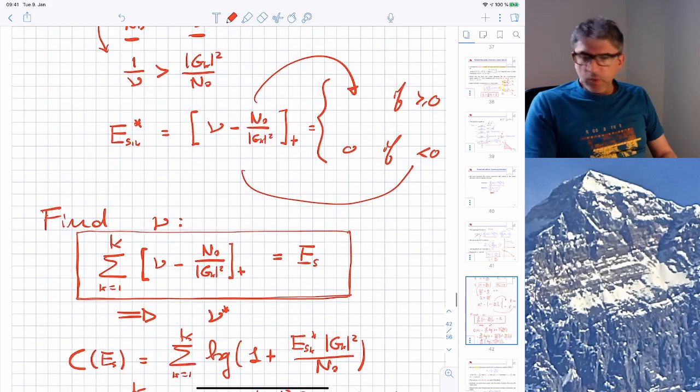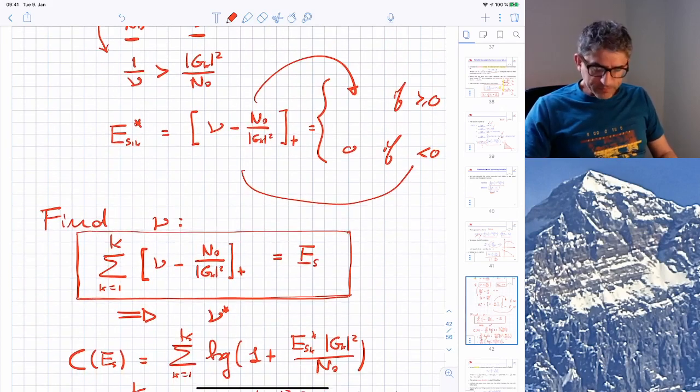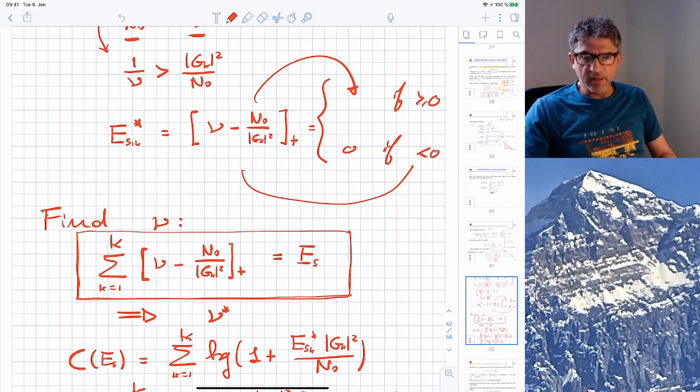In fact, you do it through a computer if you have a large problem, but it is possible to find the solution of this equation explicitly by pen and paper. It is very easy when k is not very large, so you can do it with pen and paper. It's totally easy, but the only thing is to be careful in discussing this positive part,